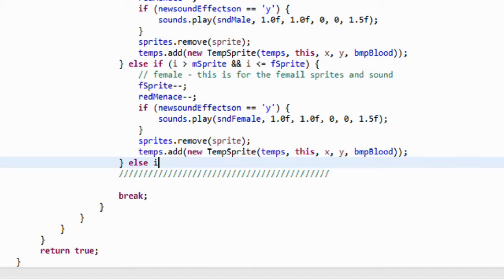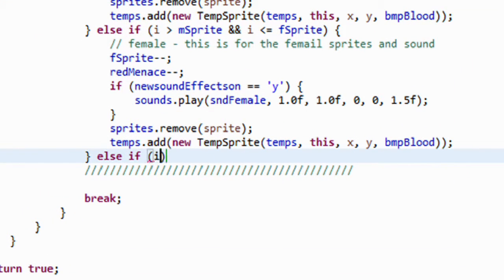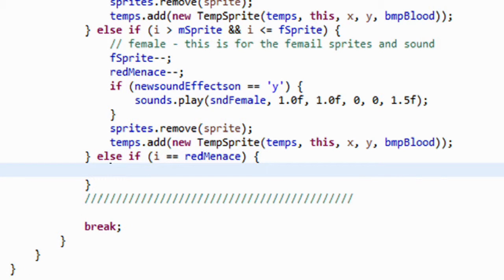Now we're going to come down here and we're going to add another else if. And this else if is going to govern, again, the red menace. So we're going to say if whatever you touch is equal to, and equal to is two equal signs, I think we've been through this before, the red menace, if it's equal to the red menace variable tracking number, if whatever sprite you touch on the screen is equal to the red menace tracking number, then all we're going to do is run the method for